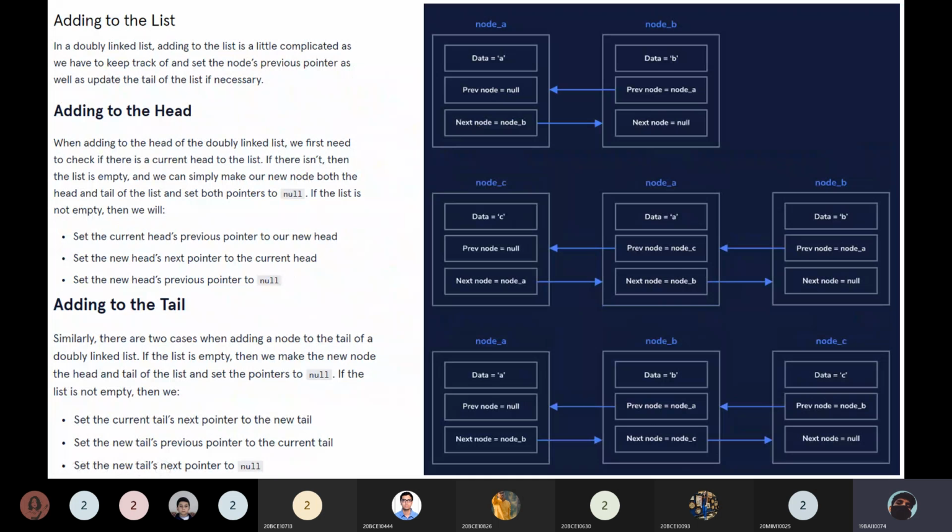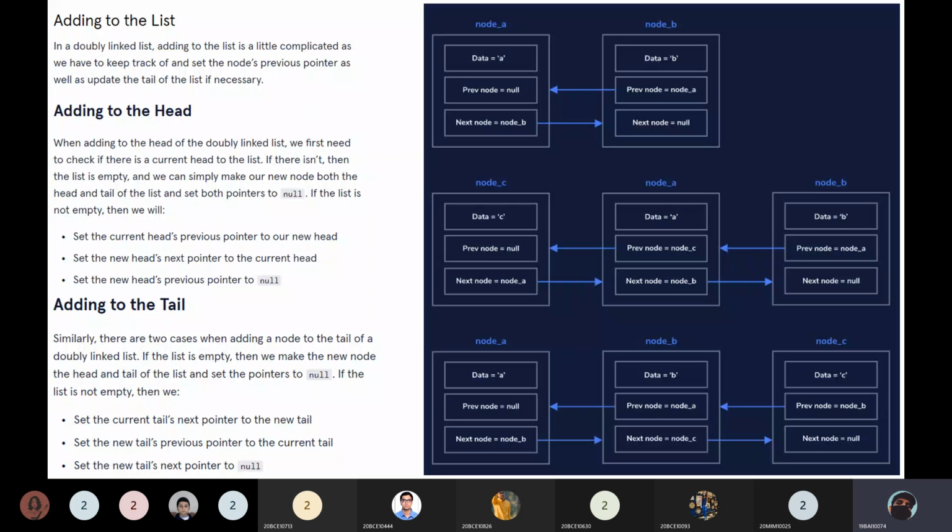So now let's see how we can add something to these lists. While adding anything to the list, we have to take care what we are doing. First case is adding a head. If we are adding a new first element to the linked list, we have to consider 3 or 4 test cases.